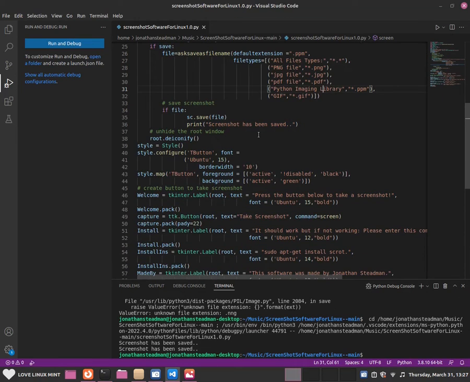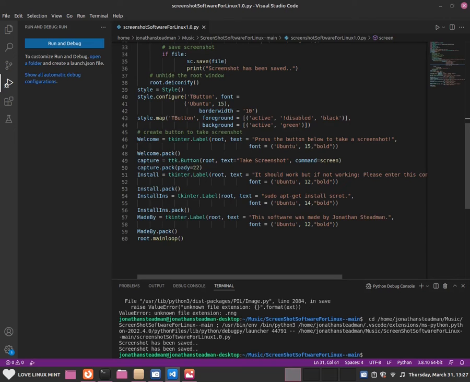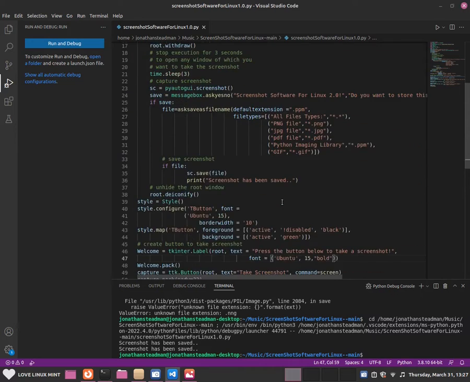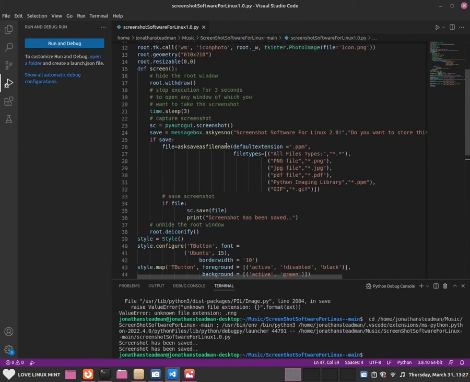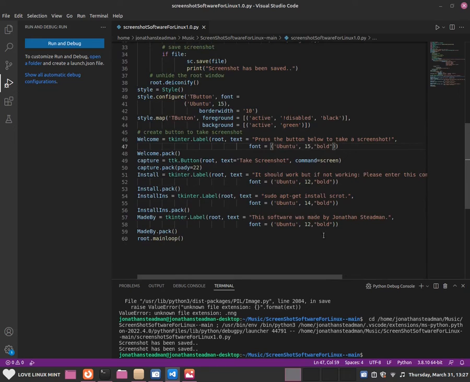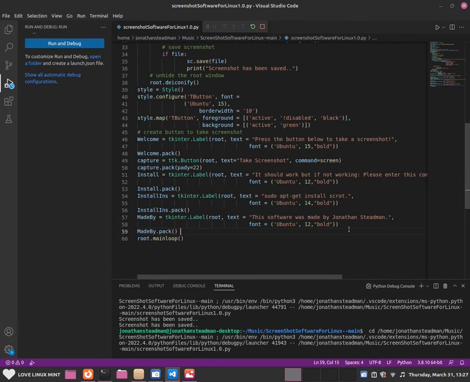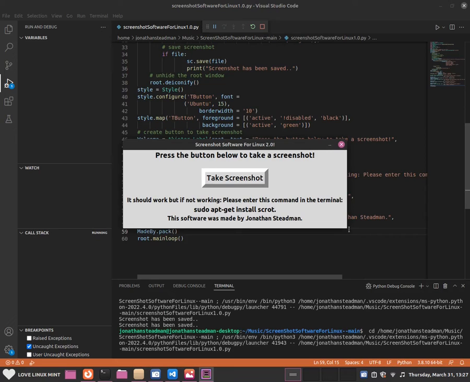So what else has been updated was that I have customized the buttons, so the buttons will look a lot nicer. I'm going to show you the way that the buttons look, but basically I just want you to know that the buttons have been updated, and it looks more modern. Now what I have also updated was the text, so I made the text bold, and that's basically it really. This is a very small update, but at least I added more support for file types that you probably want to use. Now if you press F5, then it should show up like this, and as you can see the text is still the same, it's just been changed to a bold